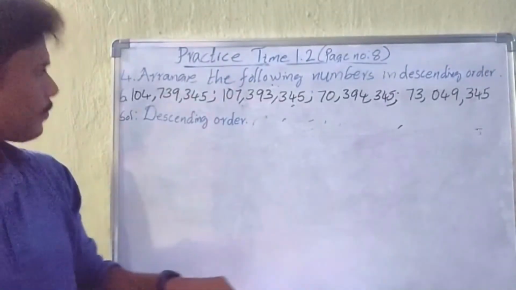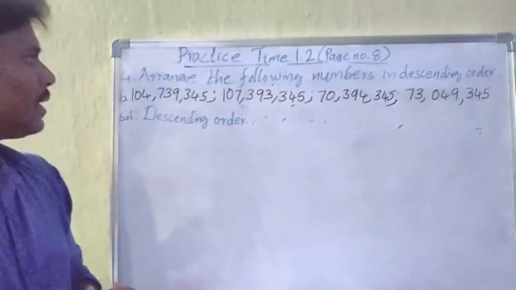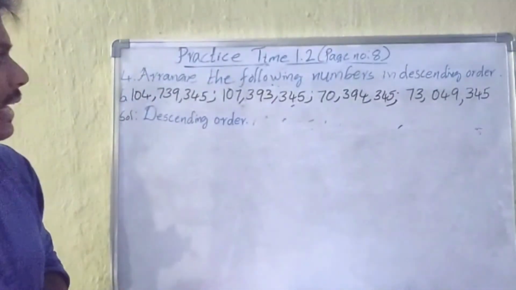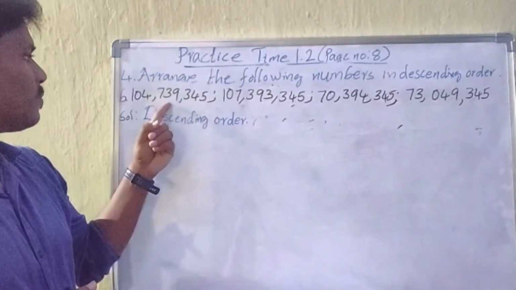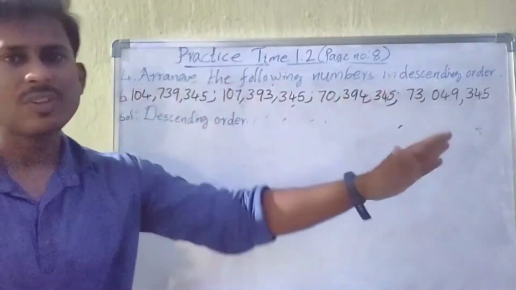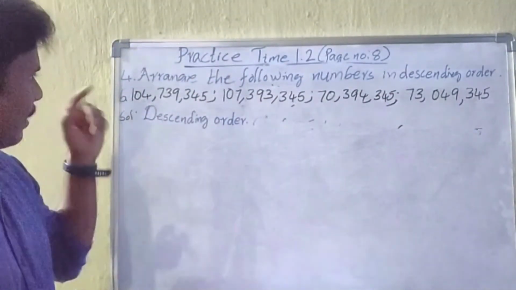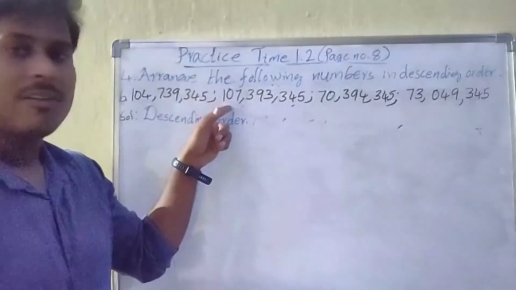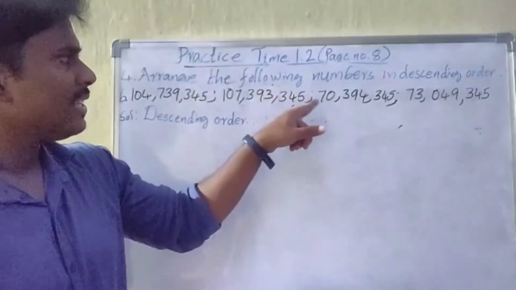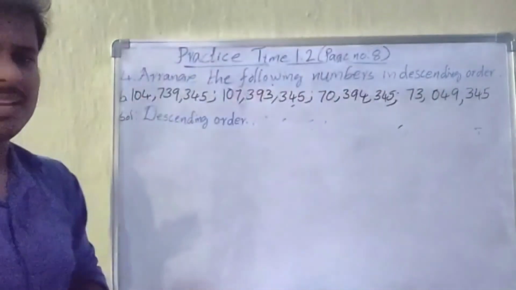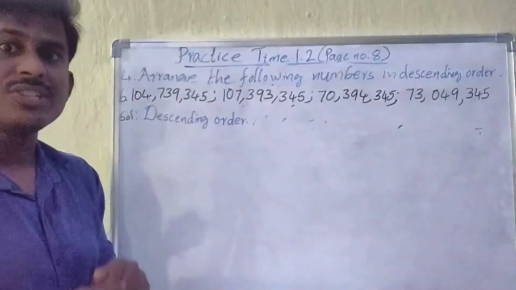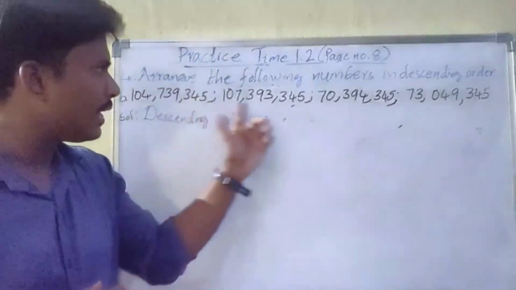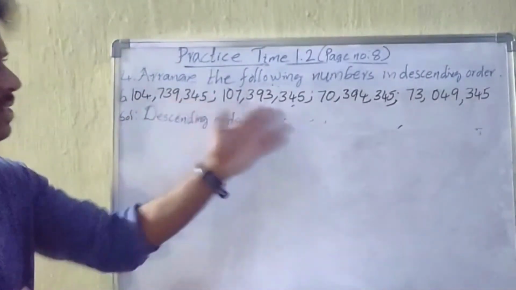B question. We have 4 numbers again. See, each period has 3 places. So this is the international system. Ones period, thousands period, millions period. So let us look at all the millions periods here. In the millions period here we have 104 million. Here 107, so 107 million. Here only 70 million, 73 million. So in the millions period, which number is more? 107 million is more. So automatically this total number becomes the greatest number among all of these.